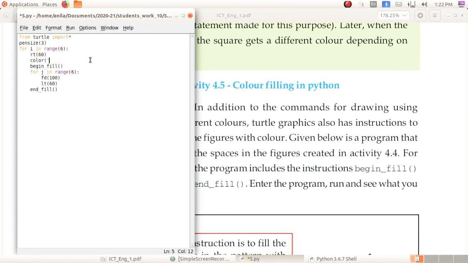There is no need of coloring, so remove this portion. Begin_fill and end_fill are not needed. Then here range of 3, then left of 120. Save it, then run it.